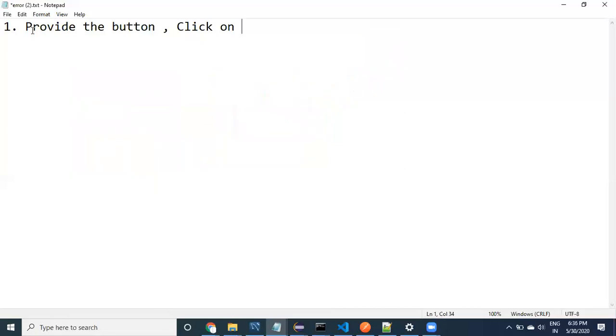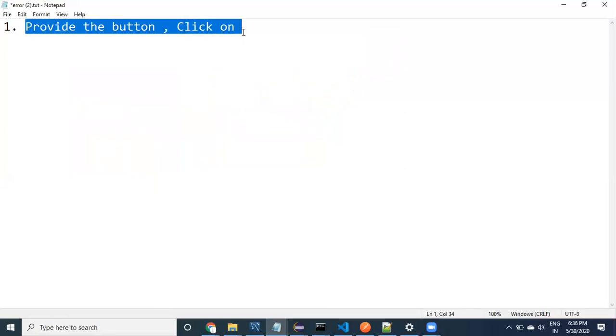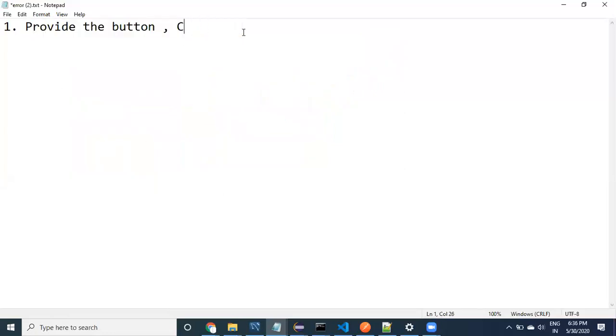Let me provide this: providing the get all button and applying event binding.